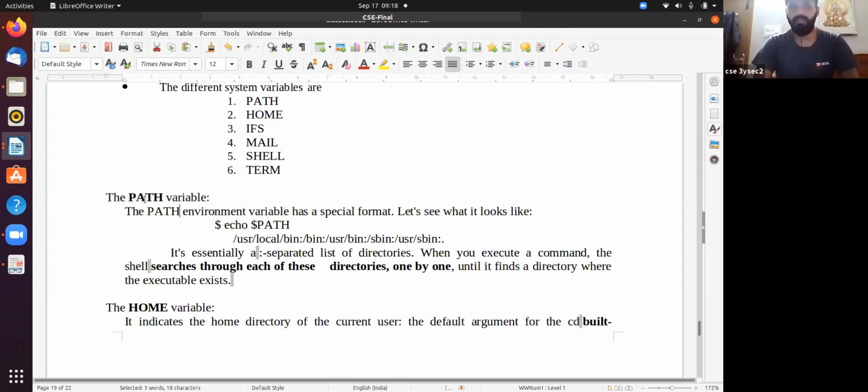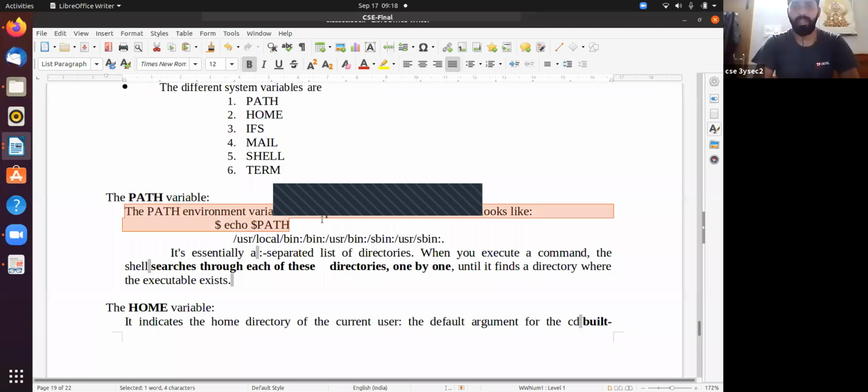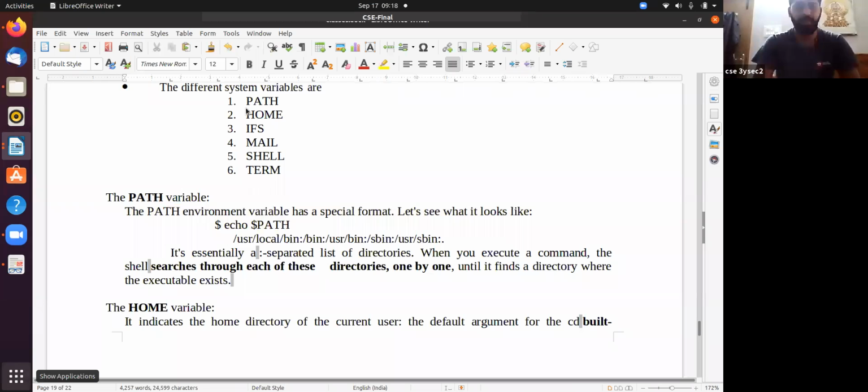Here we are discussing what the PATH variable contains. The PATH environment variable has a special format. Now we will discuss it in detail, and you see the practical.